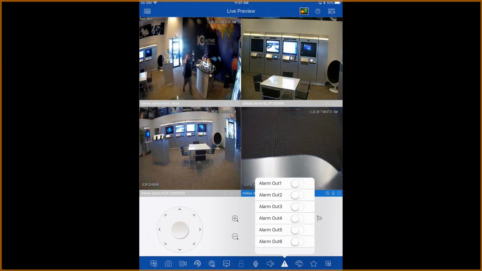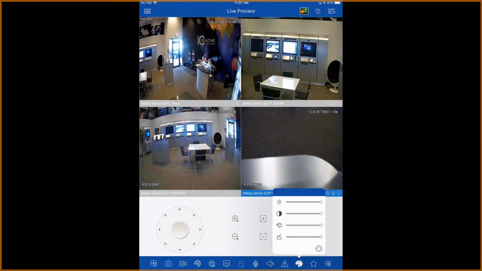You can enable or disable those from the application directly. Next, we have the painter's easel, for lack of a better term, which basically allows you to adjust your view settings on the recorders themselves. Now, something to keep in mind is that you can adjust the brightness, the sharpness, contrast, and what have you,